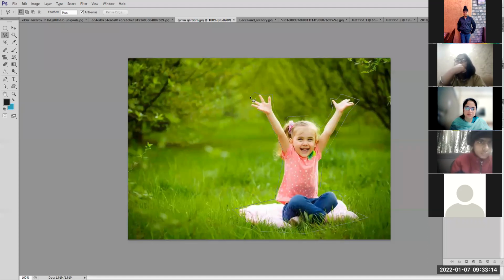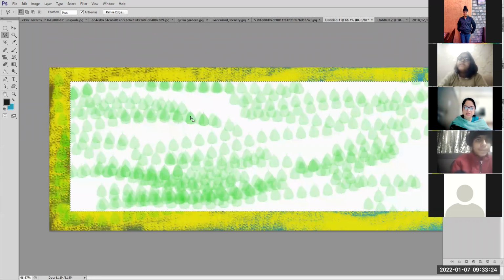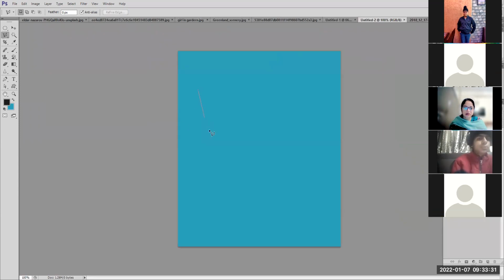Go back to the last point and join it here with the starting. This is your polygonal lasso tool. I can do the same with this image. Click here. You will have a plain image. I'm clicking here, here, here. It is drawing the straight lines.